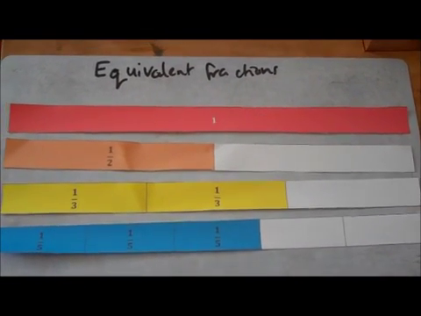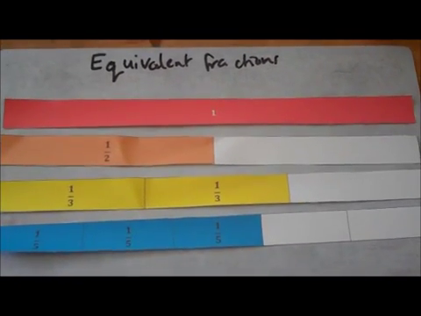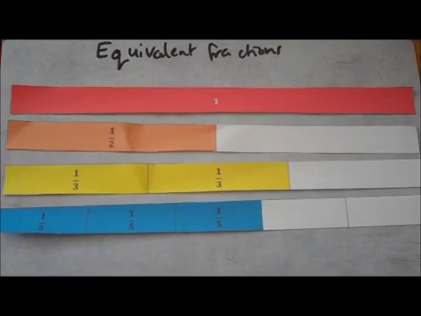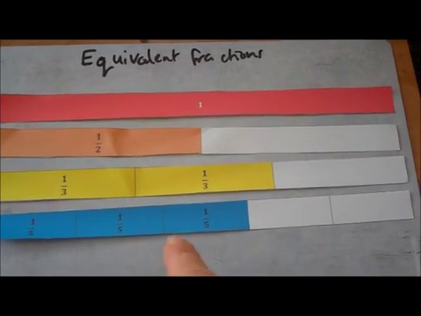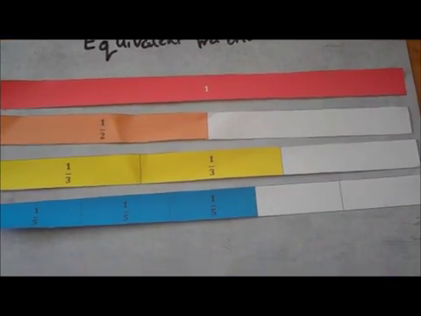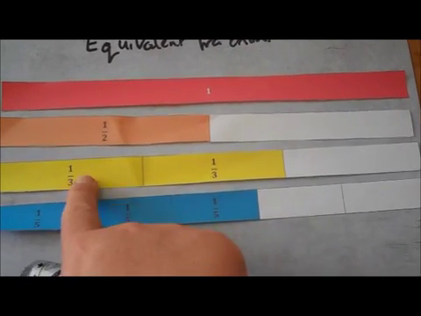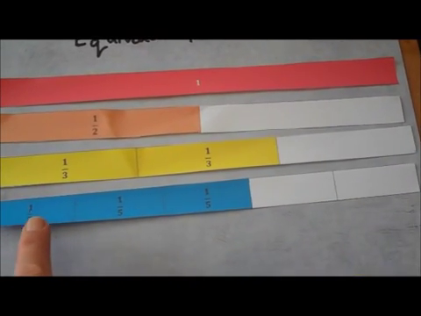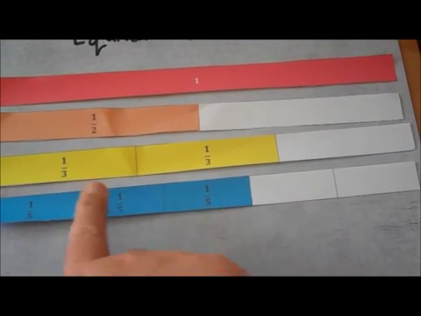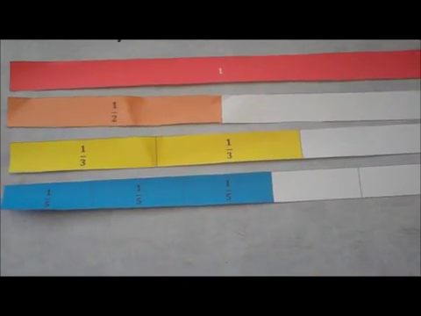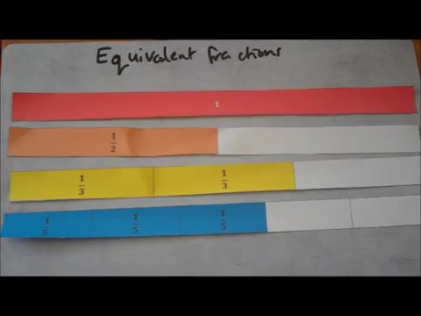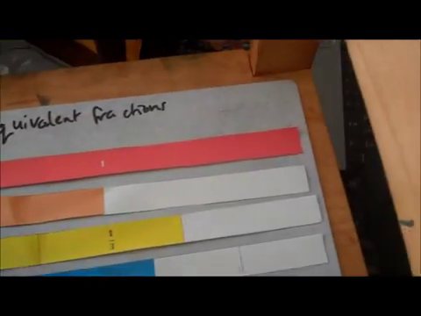So here I've got some strips of paper that I'm representing equivalent fractions with. The red one is the 1, the orange one is half, yellow are thirds because I've got 3 equal pieces, and the fifths are sort of a bluey colour, so 1, 2, 3, 4, 5 equal parts, so each one of those is a fifth. If I look at the halves, for example,